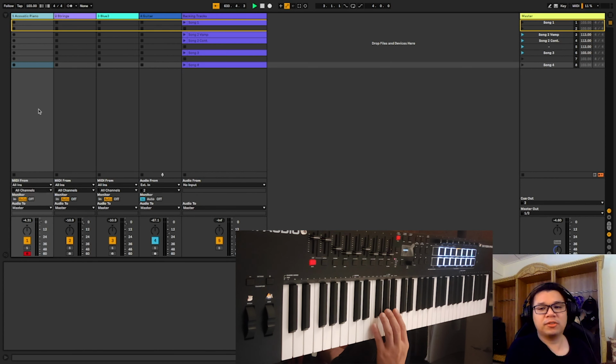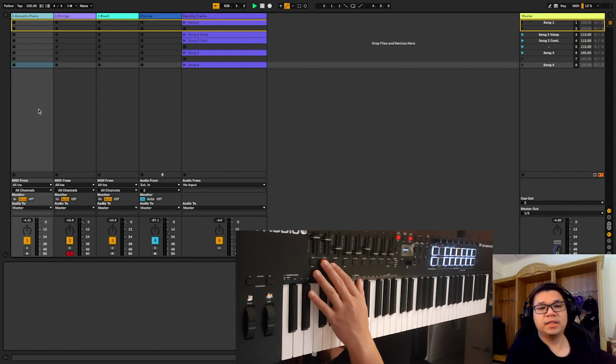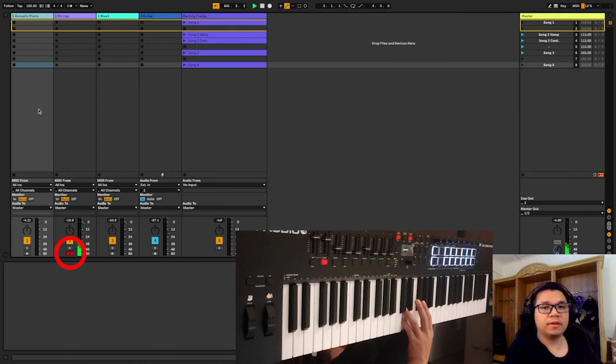When I press something on the MIDI controller, the sound comes up. That one's pretty cool. And then same thing, switch it off, and then I arm the strings track. Comes up. Of course, the organ